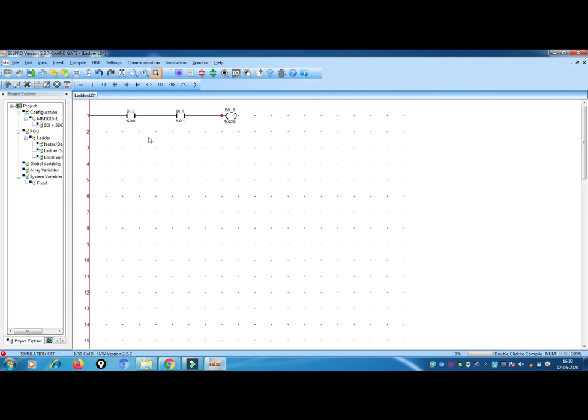So to simulate this, to check whether this is right or wrong, go for simulation, run and offline. Okay, we are not doing online, we are doing offline. See here guys, you can check your percentage down here, simulation is happening. Wait for some time while the simulation is happening, because it will check your connection.